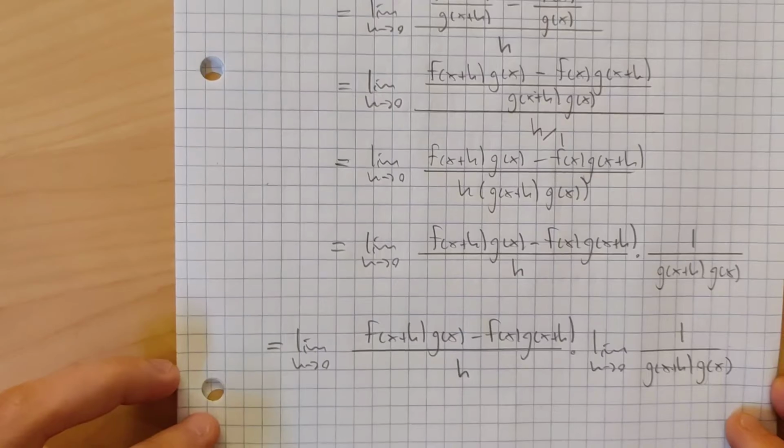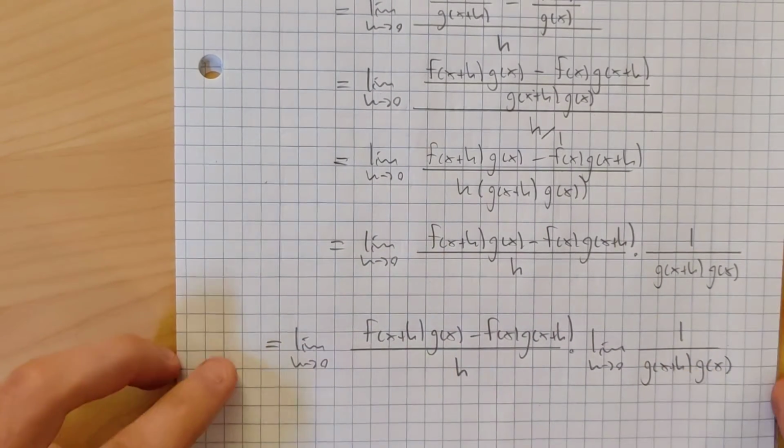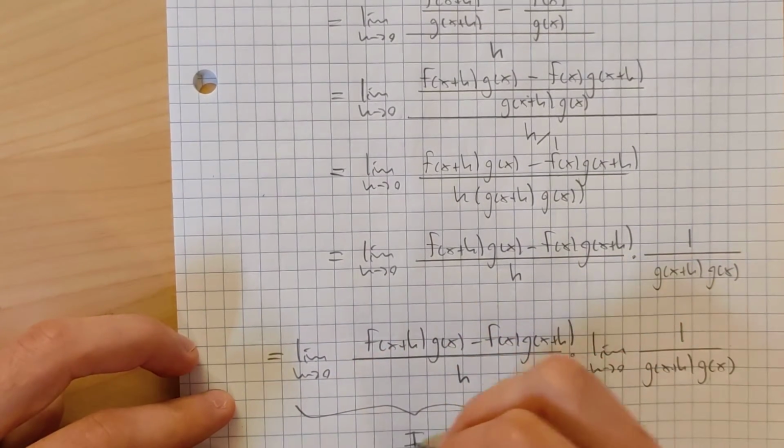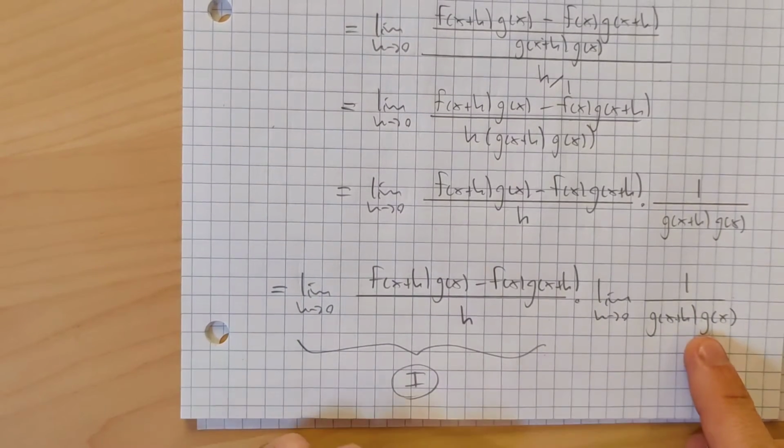So remember, limit laws say we can do this. The limit of a product is the product of the two limits as long as both of these exist. So this one, let's call this limit number 1, we're going to do on the next page. But notice that this guy,